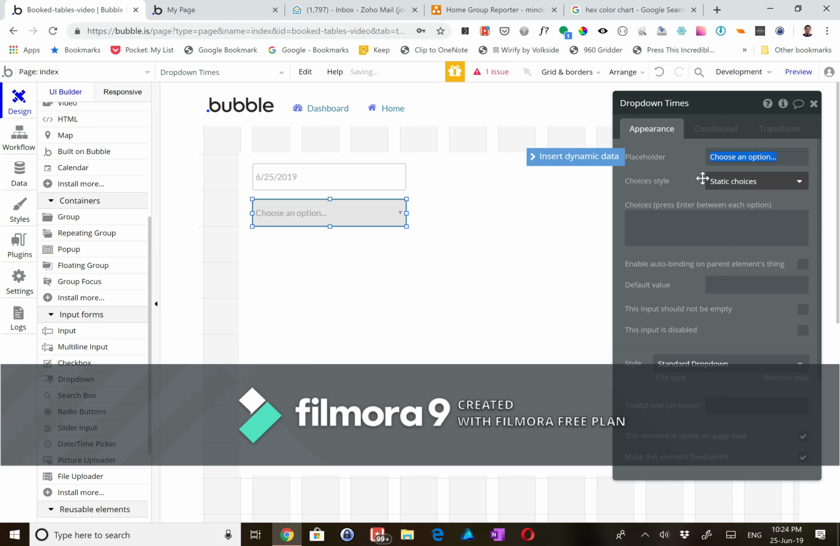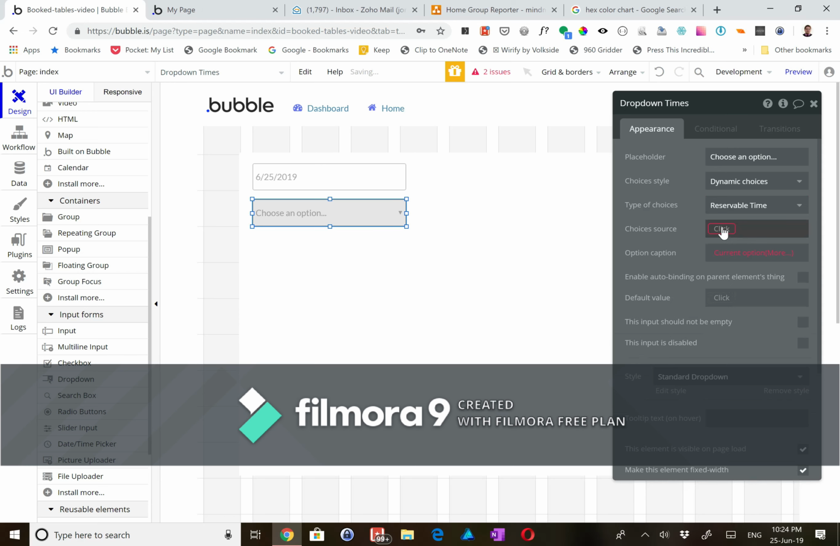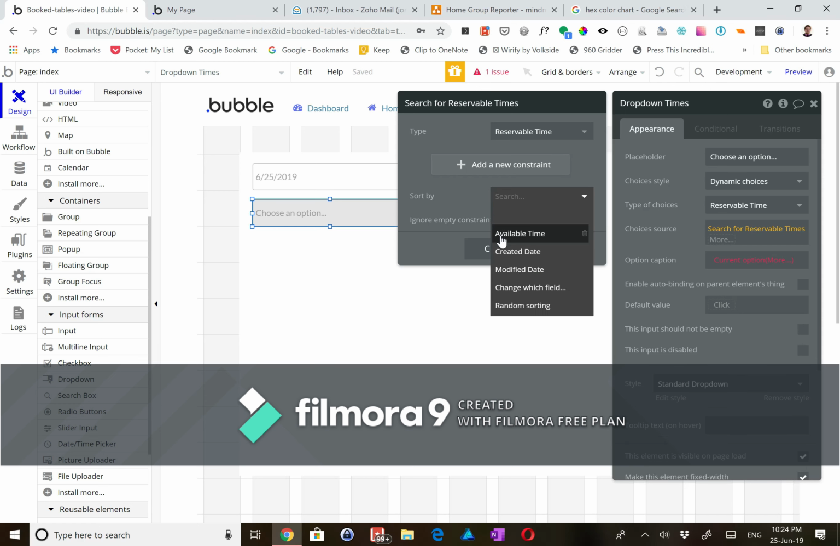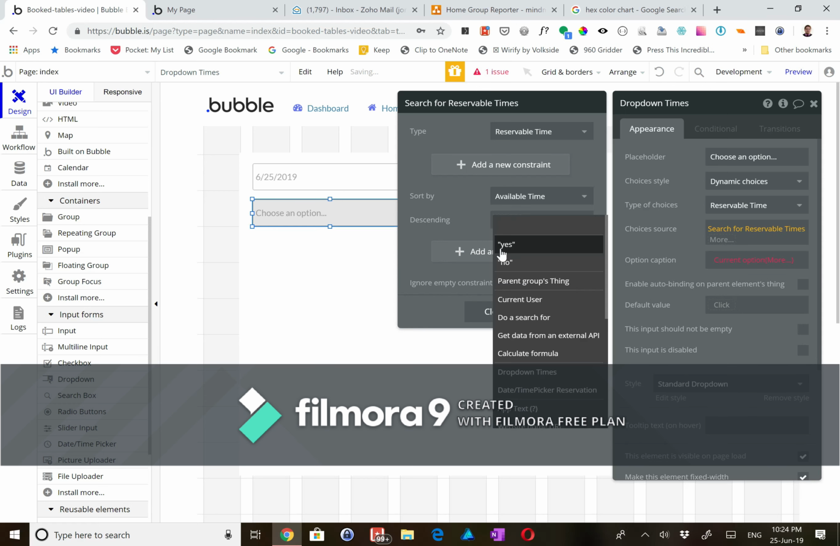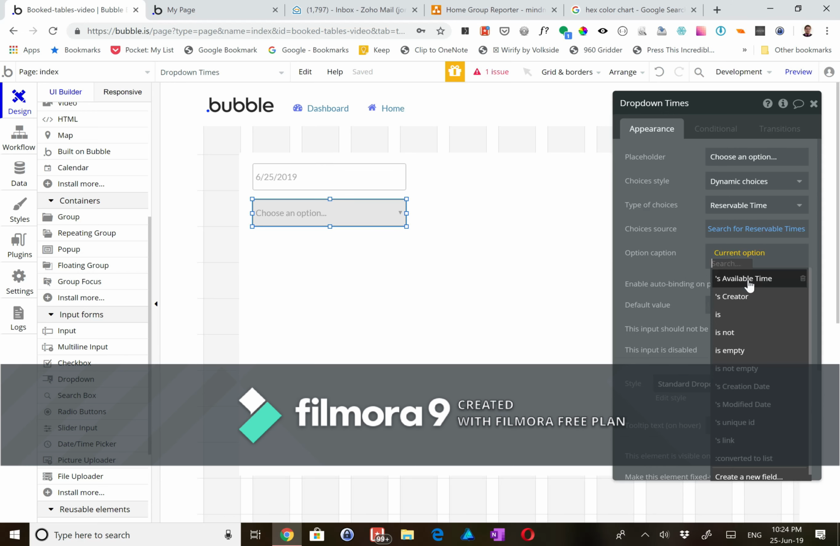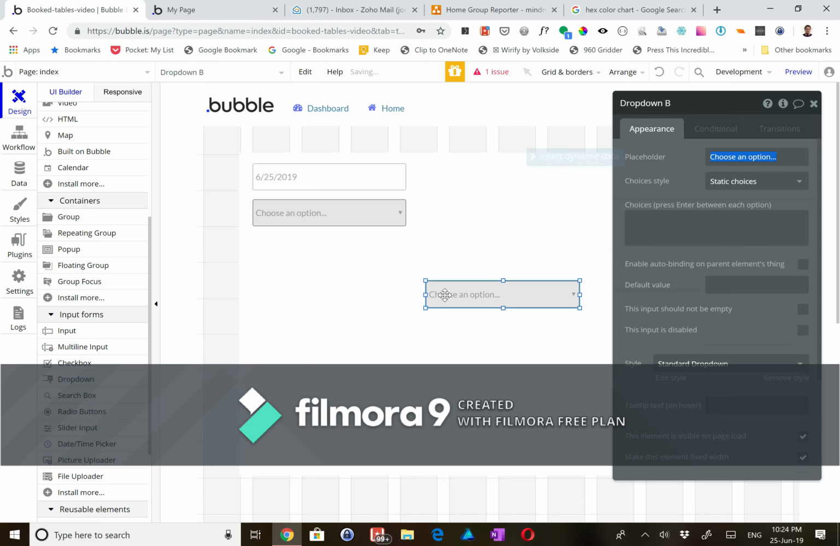times. Placeholder I don't care about. I do want this to be dynamic choices, and I want it to be reservable time, and I want all those times. So I'm going to do a search for reservable time, and I'm going to sort this by available time, and I do not want it to be descending. And I will make my caption current option's available time. After this, I want another drop down, and this drop down is going to contain